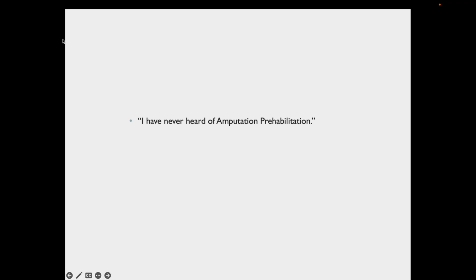I've never heard of amputee prehabilitation, so this was an actual quote from an orthopedic surgeon in our service. And to be honest, that's really fair enough. Amputee prehabilitation is relatively new. We only started doing amputee prehabilitation in 2018, and since we've been getting good results and also won a state award, the prehabilitation program in our service is gaining popularity. And as much as possible, we still continue to try and provide ongoing education so that more people are aware